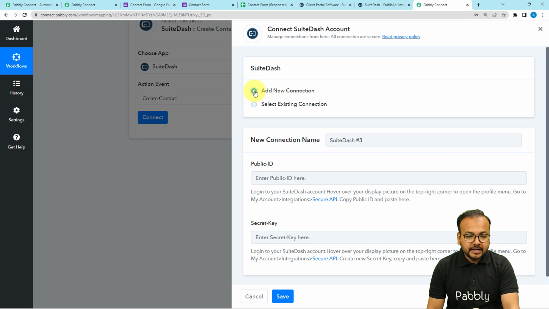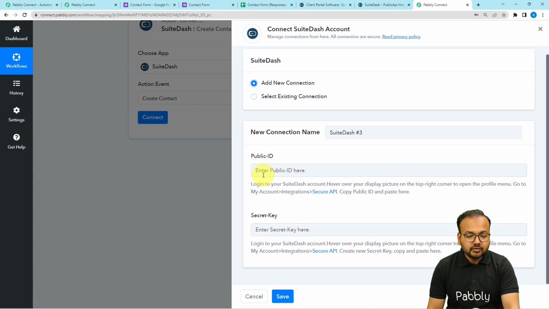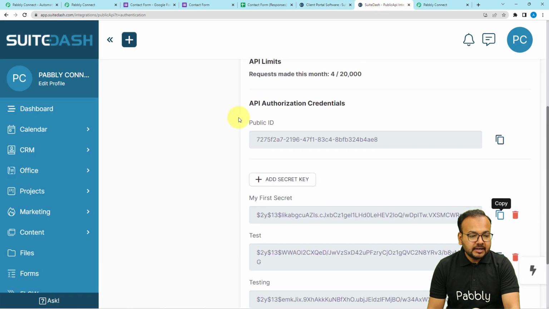From here, select add new connection, and it will ask for the public ID and secret key of the SuiteDash application, which you can find under the profile menu. Let me show you directly. You can just read the steps written here carefully and follow them. So this is my SuiteDash application's